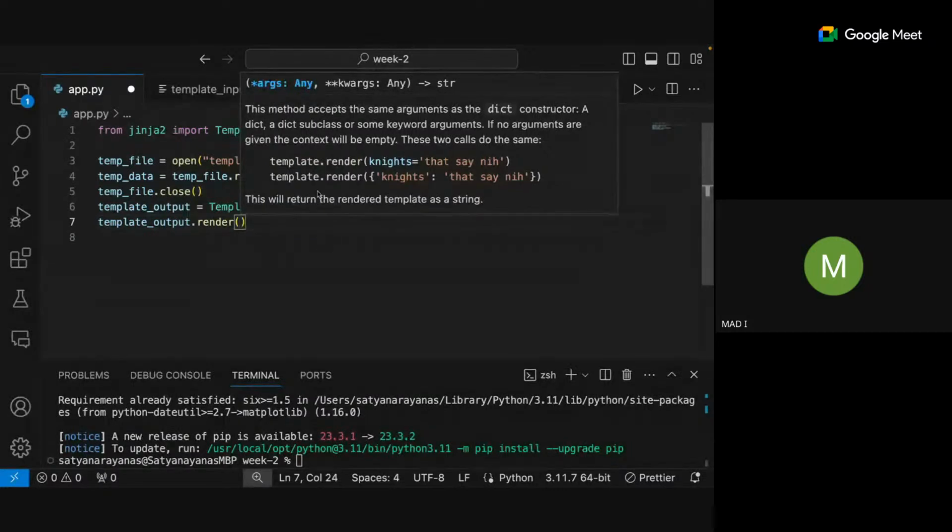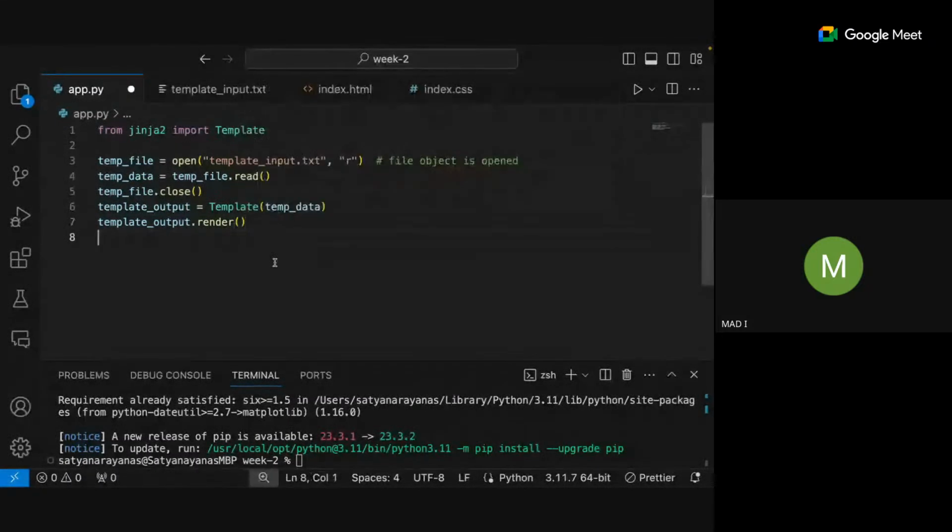Please look carefully. This method accepts the same arguments as a dictionary constructor. You can pass a list of values, like they have already given in the example. See, nights variable equal to this, say NIH. The same nights I can pass like a dictionary, or I can pass it like a